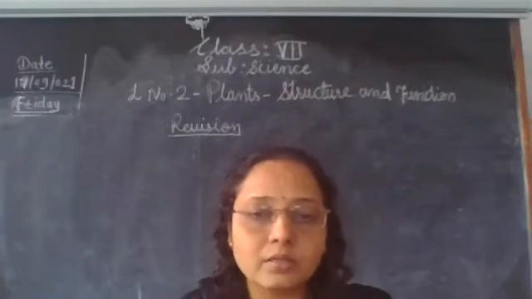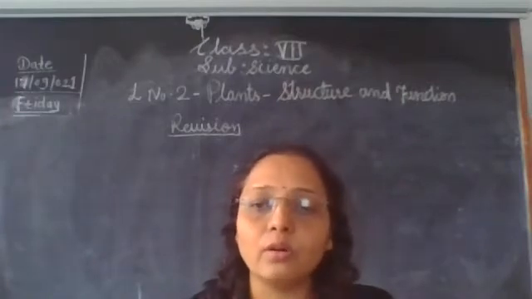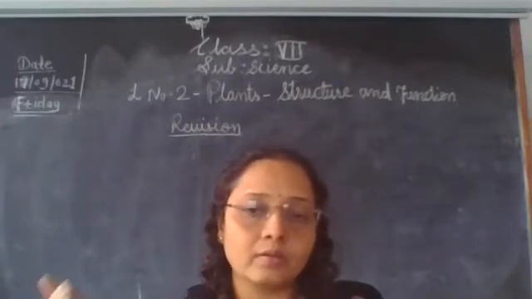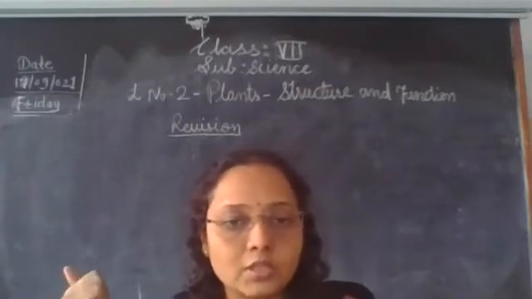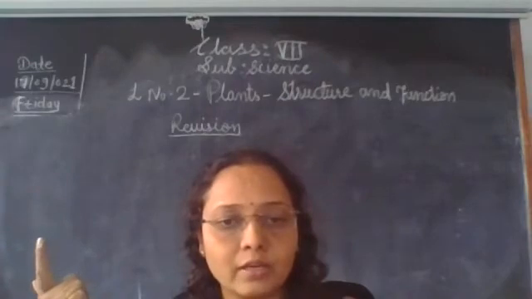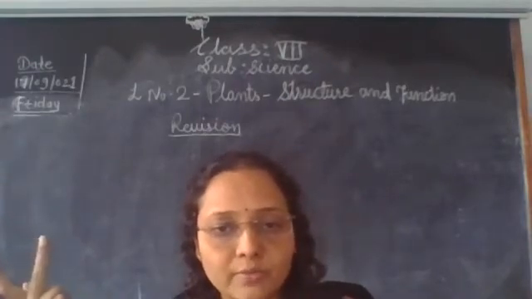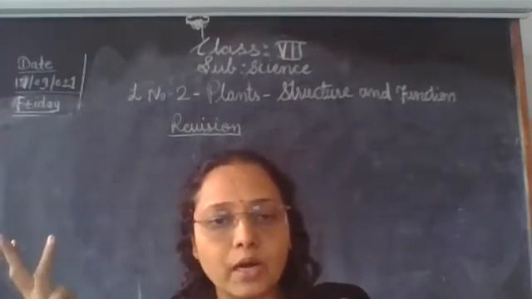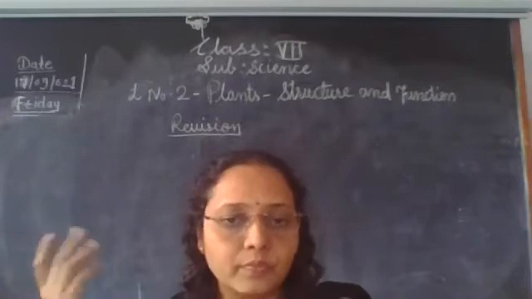We can grow a plant in many ways, either by stem. We can use a stem for growing a new plant. We can grow a new plant from roots. We can grow a new plant from seeds. We can grow a new plant from other parts of the plant such as leaves.